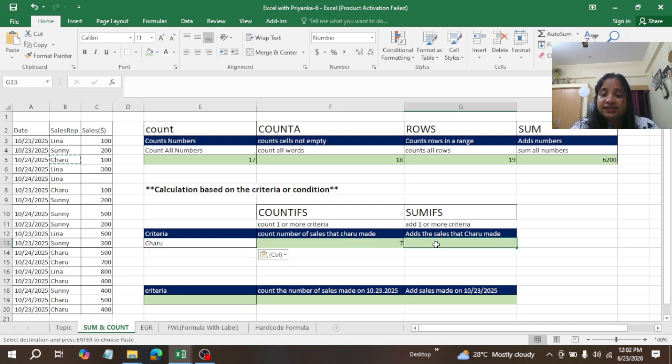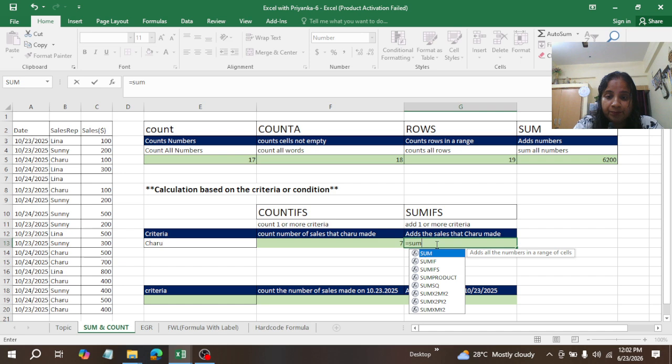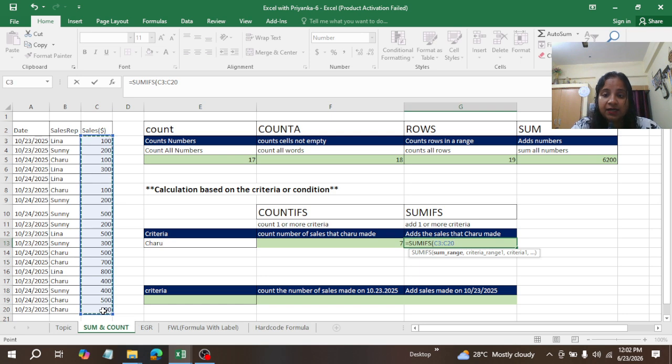Now we will see the total amount of sales done by Charu. For that, the function is SUMIFS. We'll start with our basic operator, the equal to sign, and then SUMIFS. Double click it, sum range 1. Sum range 1 will be this part, comma, next is criteria range 1. Criteria range 1 will be this, the sales rep,